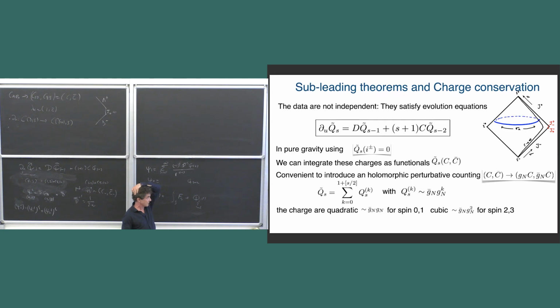So let's say, for spin 0 and 1, these are quadratic charges, and for spin 2 and 3, they're cubic, okay? The quadratic component of the charge is called the odd charge, and the cubic one we call the super odd. And then if you go on, you will have more and more nonlinear corrections. That explains why quantizing this theory might be tricky, okay? The usual sector, that's why people focus on it, is because the charges are purely quadratic and somehow it's simpler to deal with.